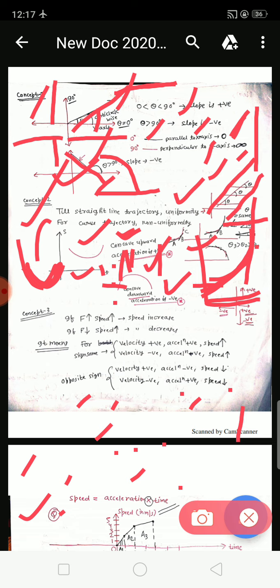So the curve is going upward. It means that the theta value will keep on increasing. Got it? This theta was first theta 1, suppose, the second is theta 2. This theta keeps on increasing. It means that the value of the slope keeps increasing. This means that it is increasing in nature. If it is a displacement time graph, velocity is increasing in every interval. If theta was constant here, it means that the velocity was constant, fixed, because theta was not changing. But if there is a curve, there will be non-uniformity. If this is upward in nature, it means that acceleration is positive.